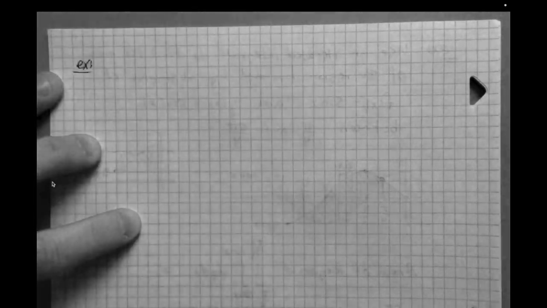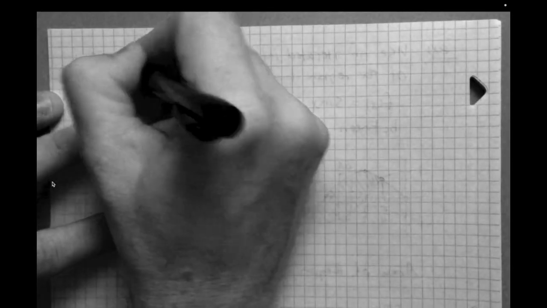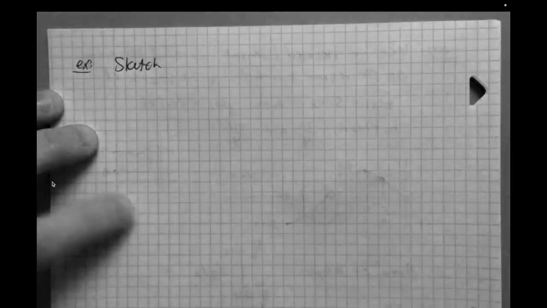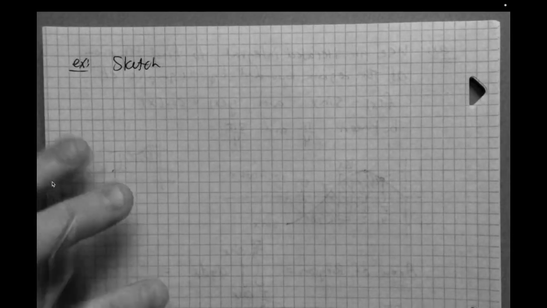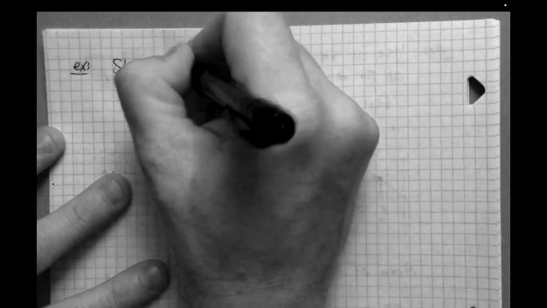Let's sketch the region, because I think one of the hard parts here is coming up with what these regions all mean. So let's do an example specifically dedicated to that. So sketch the region